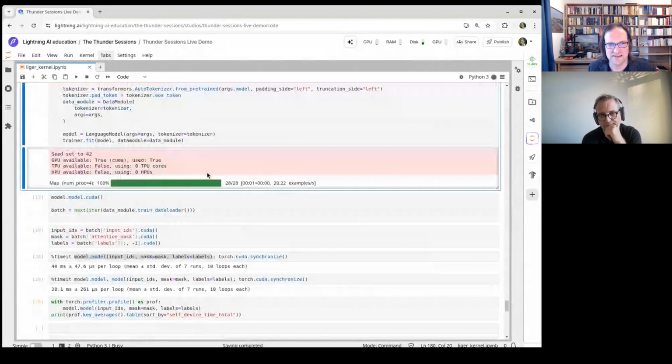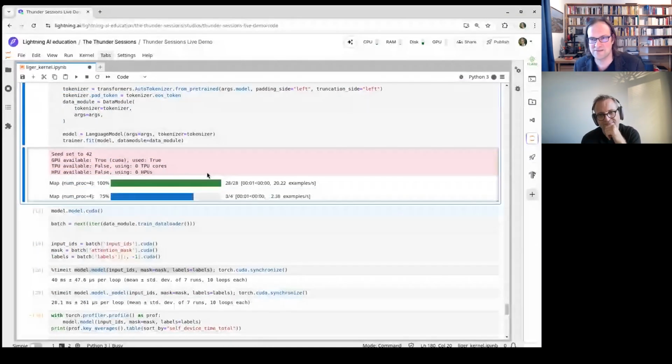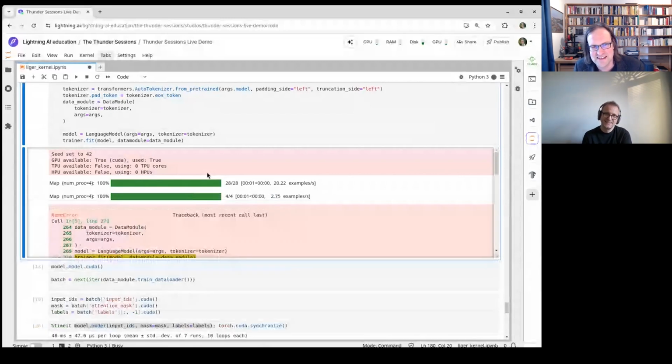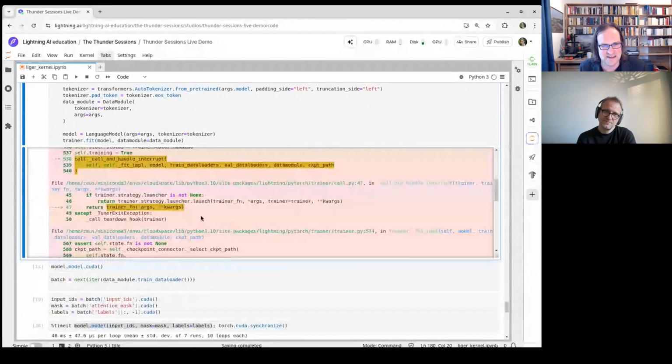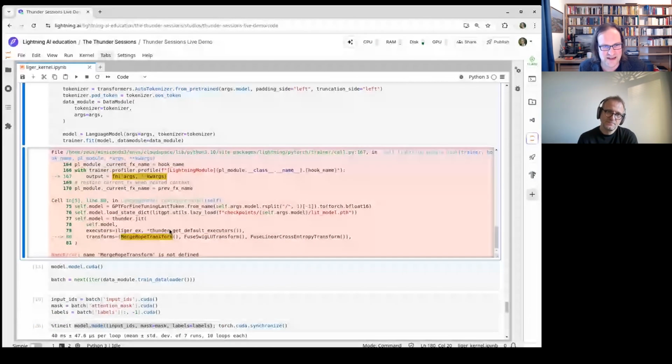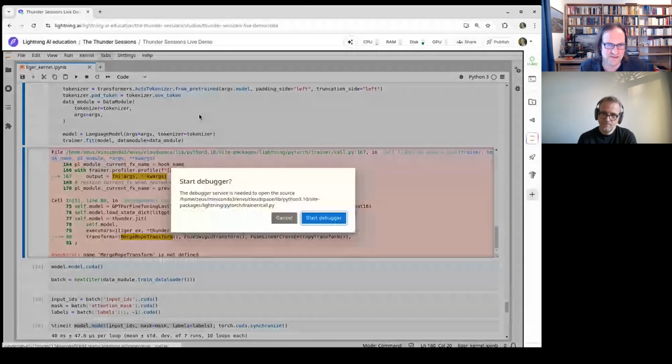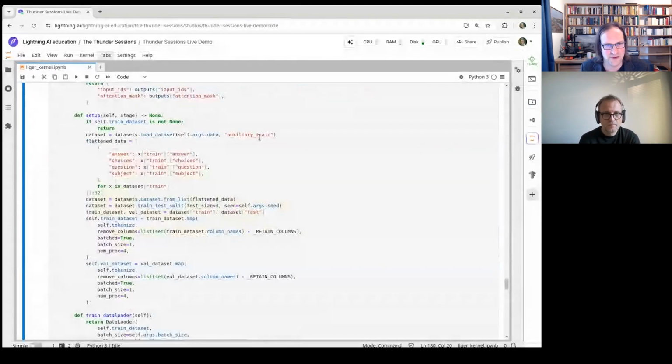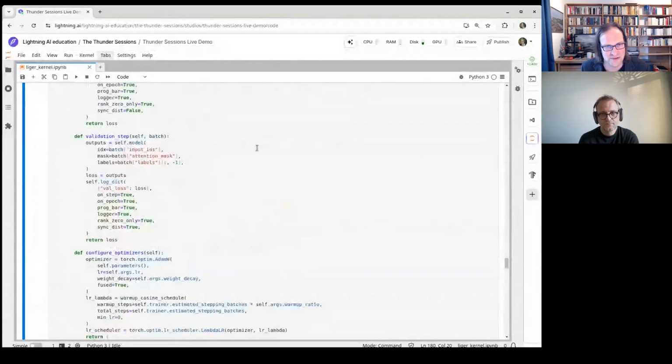I would predict here, I didn't try it in advance, so let's see, my prediction would be that this is at least as slow as the thing with the Liger kernels. Oh no, yeah, I didn't define the transforms, so I need to take those out too.